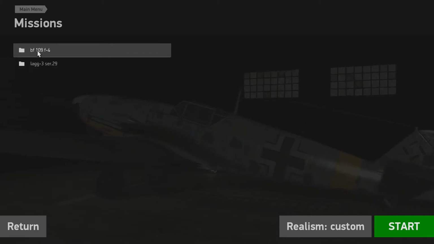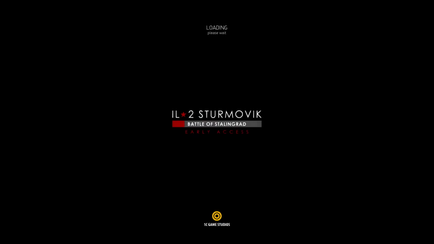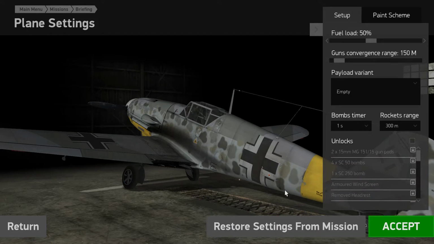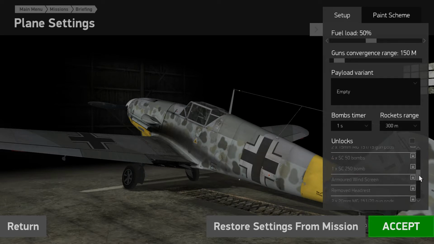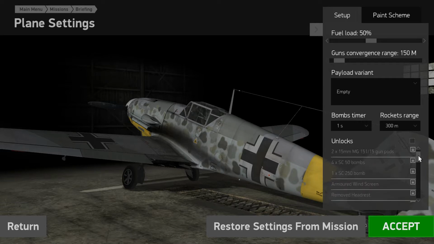But I guess everybody is eager to see the 109 in action, so I'm going to start the free practice mission. So, what does the 109 offer? You've got an optional 15mm pair of underwing gondolas. You can take 4 50kg bombs, a single 250kg bomb. You can take a pair of 20mm gondolas, and there are 2 sort of field modifications similar to what is already in Rise of Flight. Namely, you can